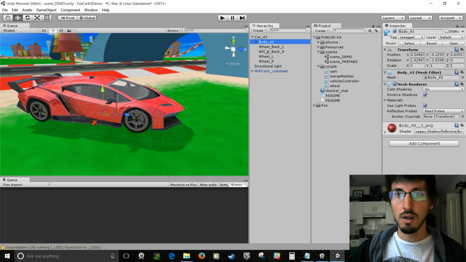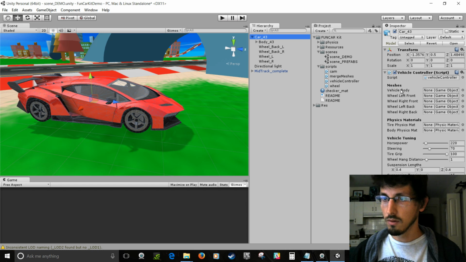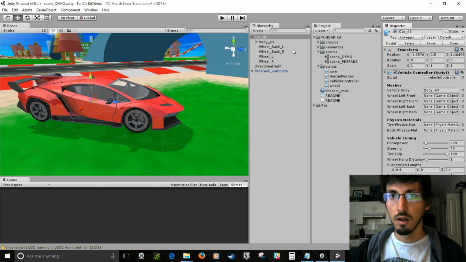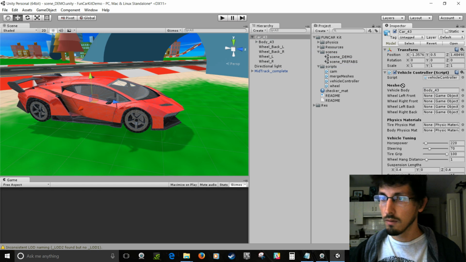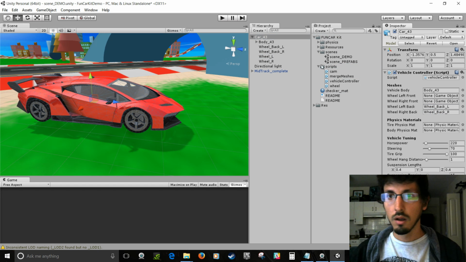So there's a body and there's wheels. On the script there's a body and each wheel, so you drag the body onto there. Back left goes left back, back right, left front, right front,